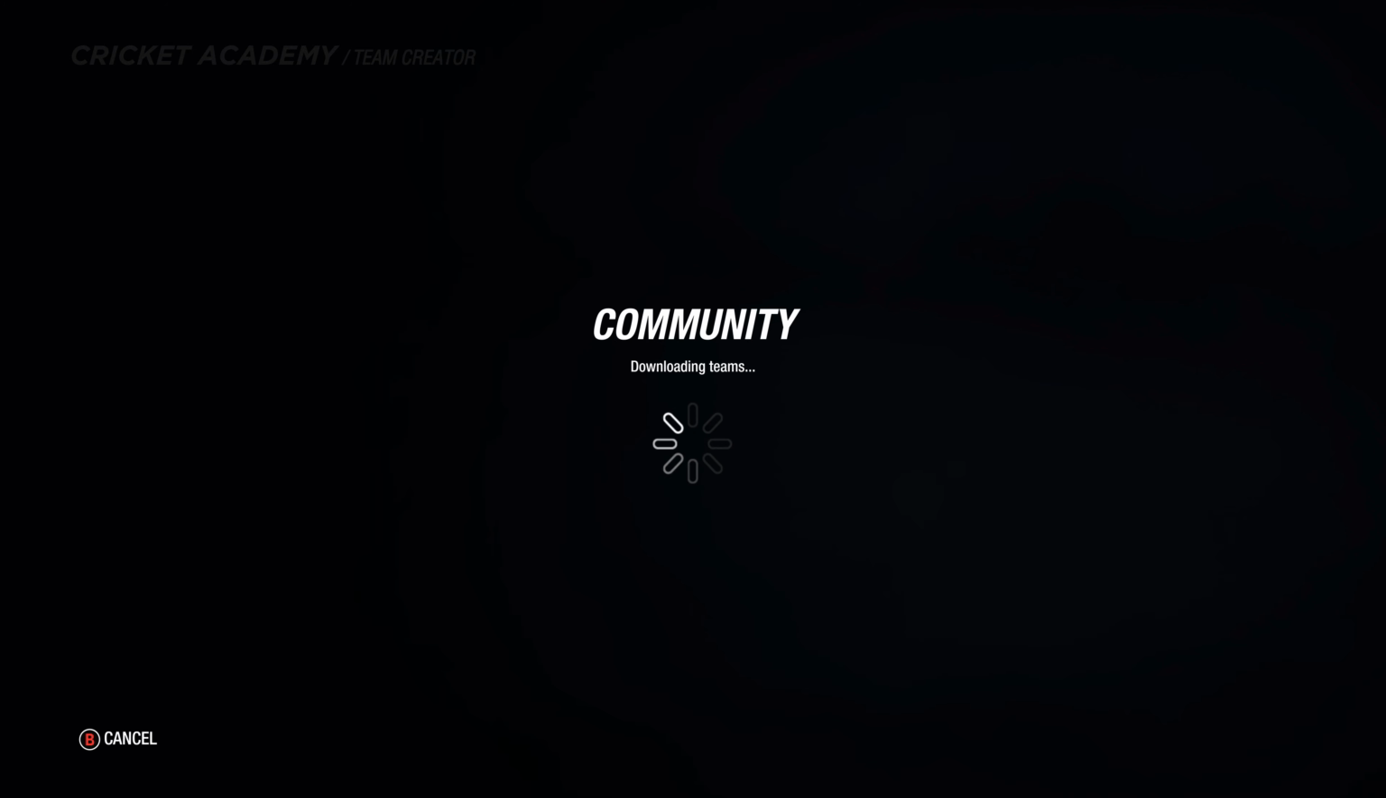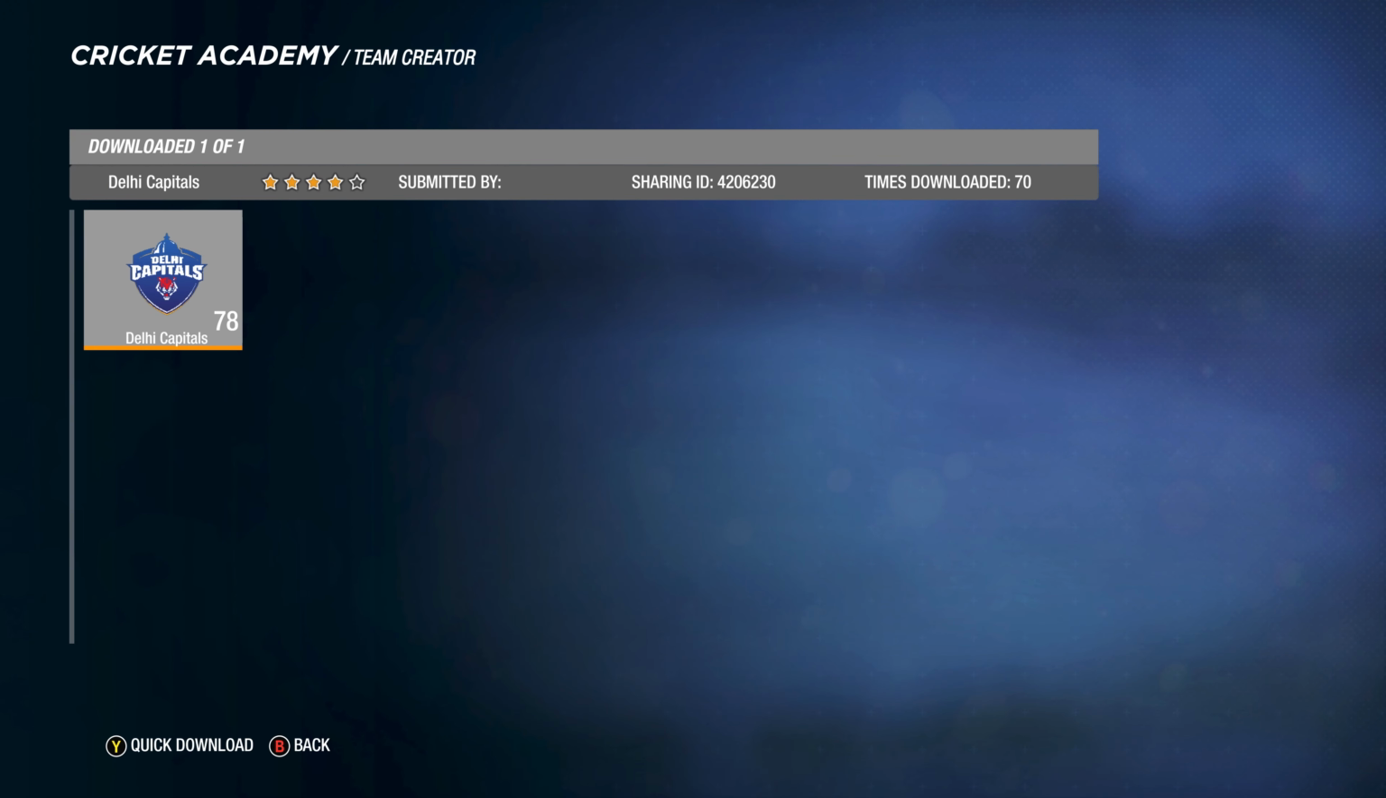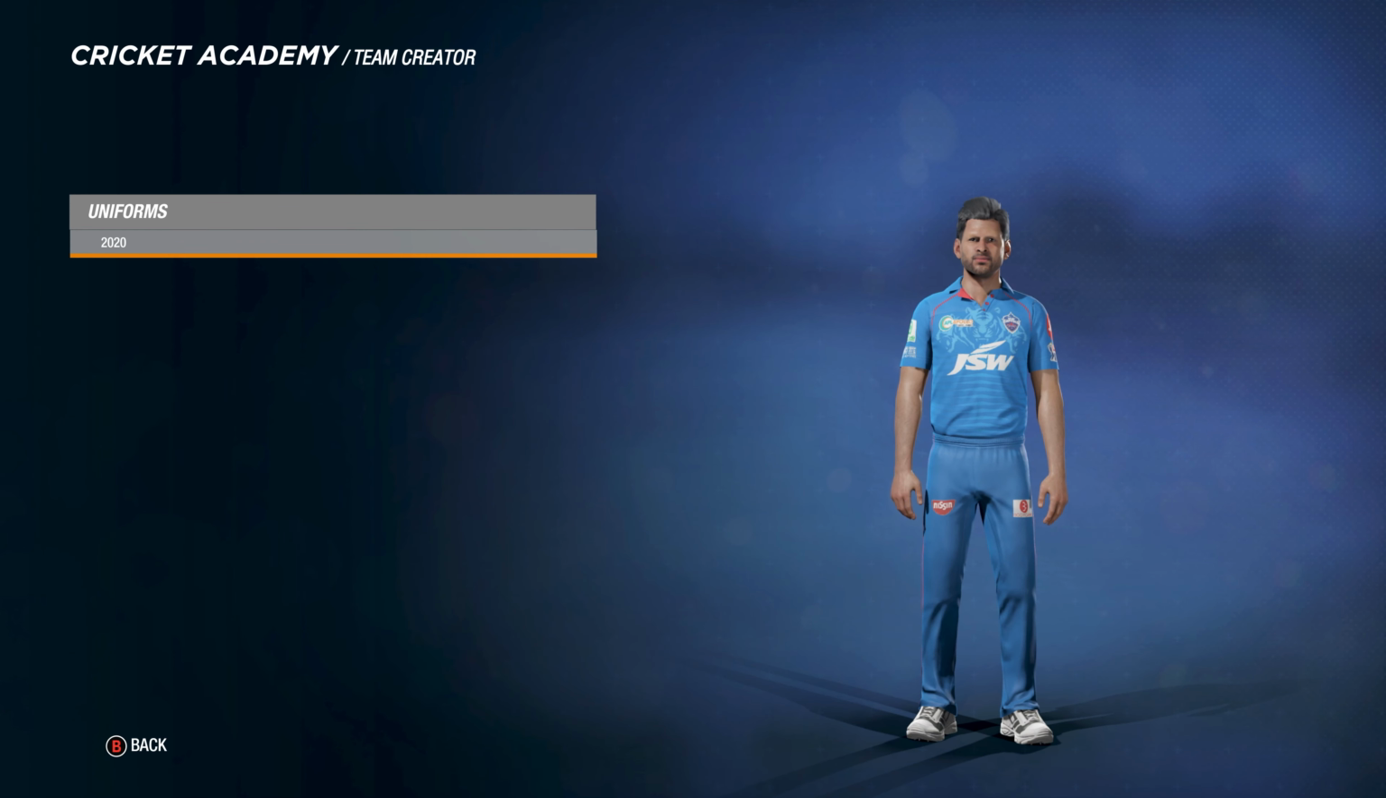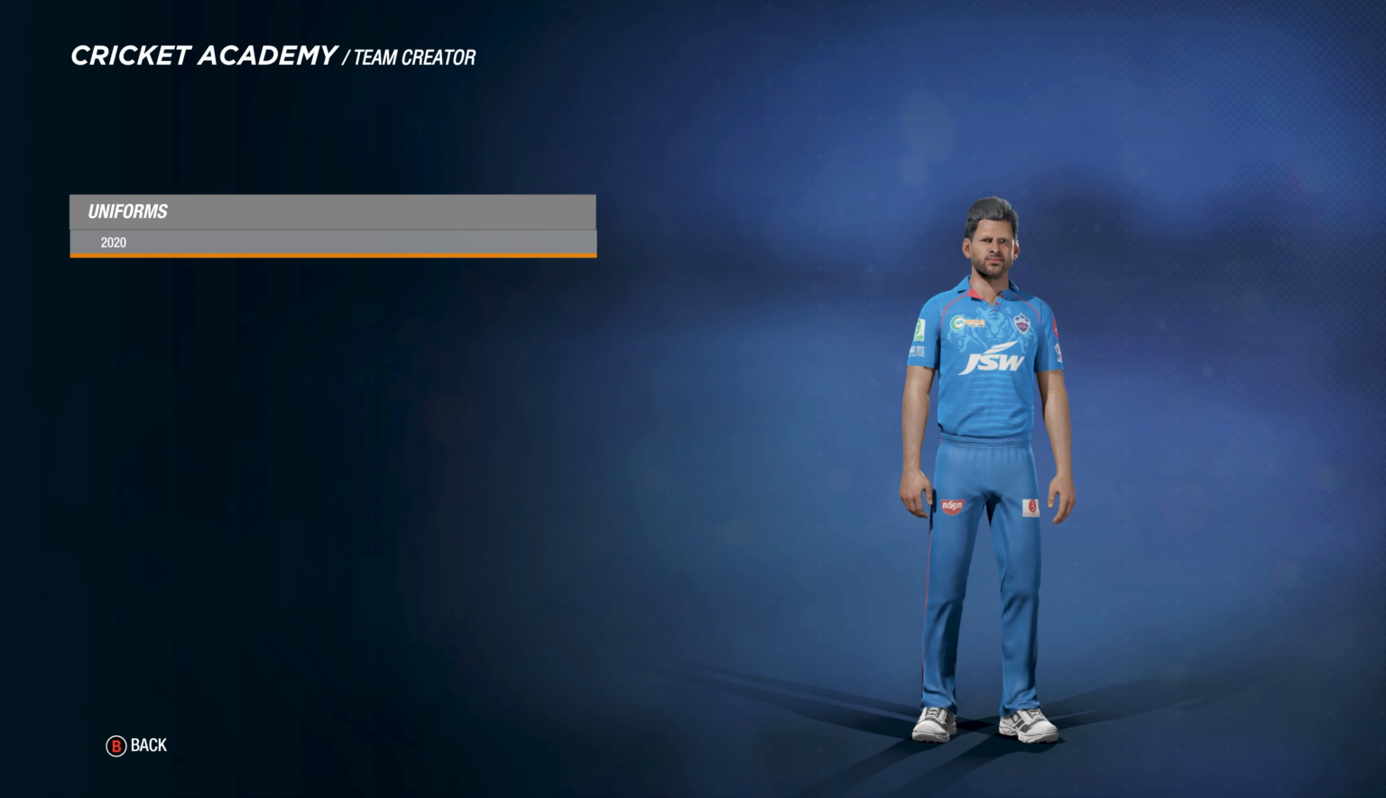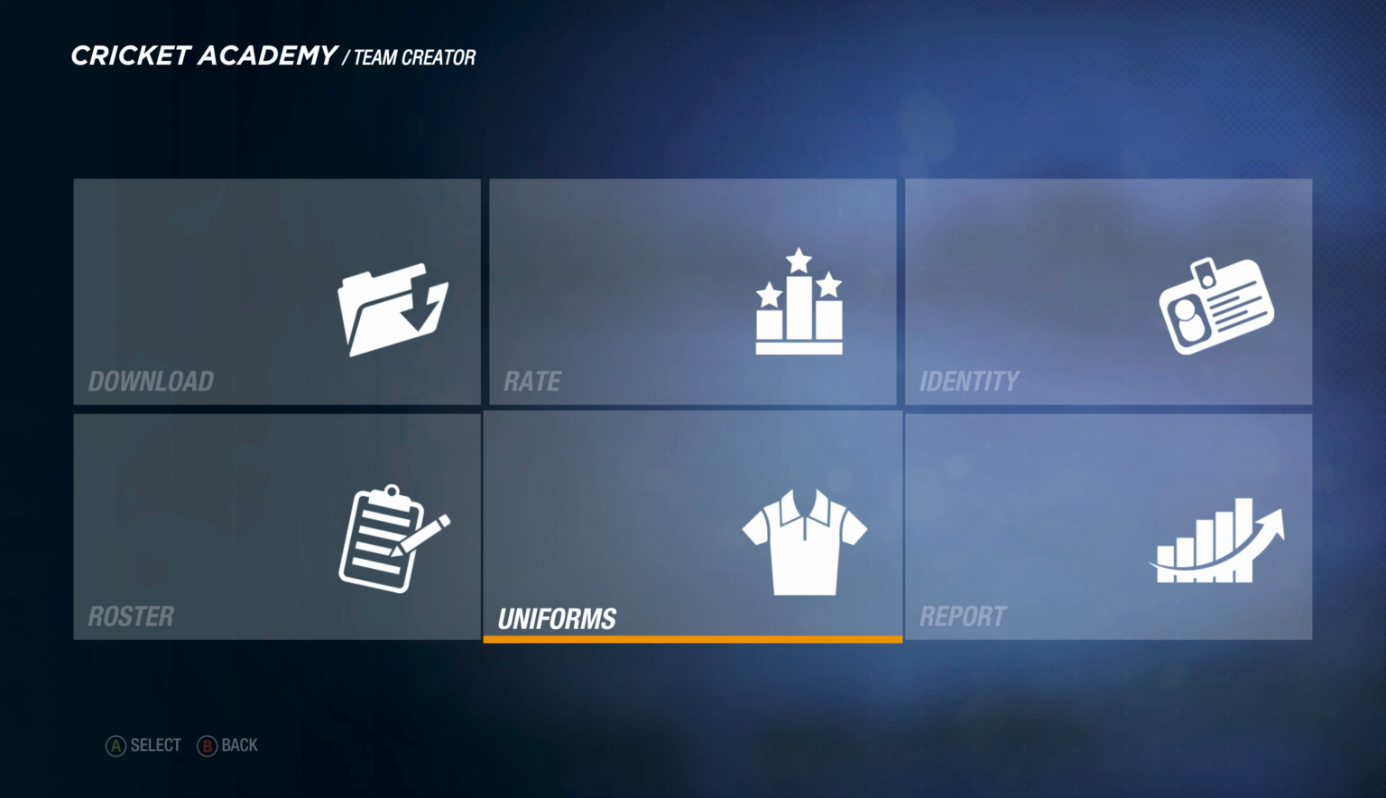Delhi, right? Delhi Capitals. And so we go to uniform, and there you have it, another 2020 kit. Look at that. That kit looks amazing. I like this kit a lot. Anyways, so yeah, just the same thing, just download. You move on to Chennai, you move on to which ones haven't we done? Mumbai, KKR,